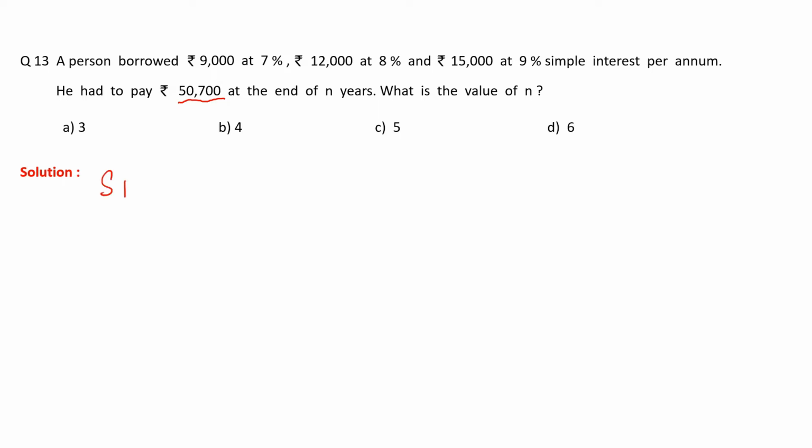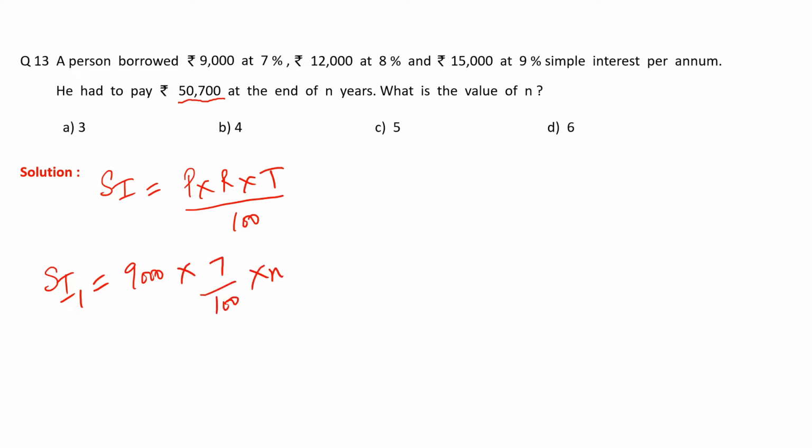I think you must be aware of the formula of simple interest, that is P into R into T divided by 100, where T is the number of years, R is the rate of interest per annum, and P is the principal amount. And now since we have 3 different principal amounts, obviously we are going to get 3 different simple interests. So first simple interest that he pays is 9,000 into 7 upon 100 into n. So let's do the calculations. It becomes